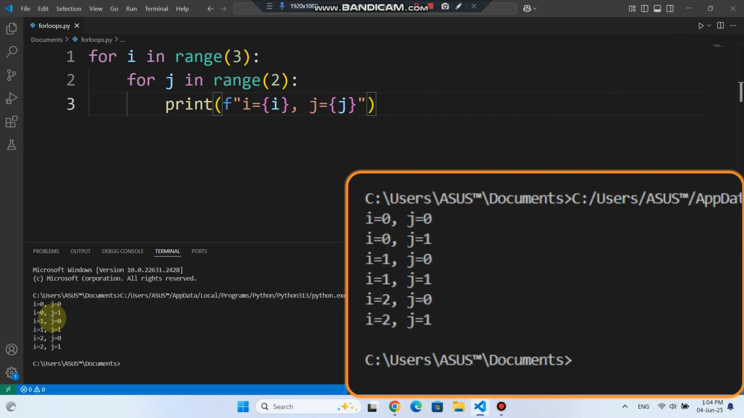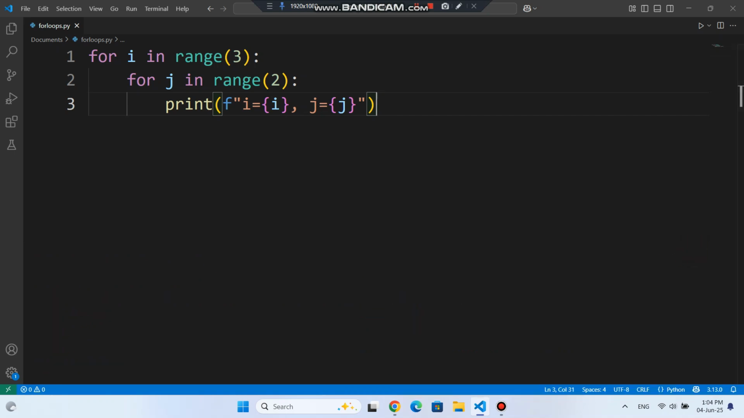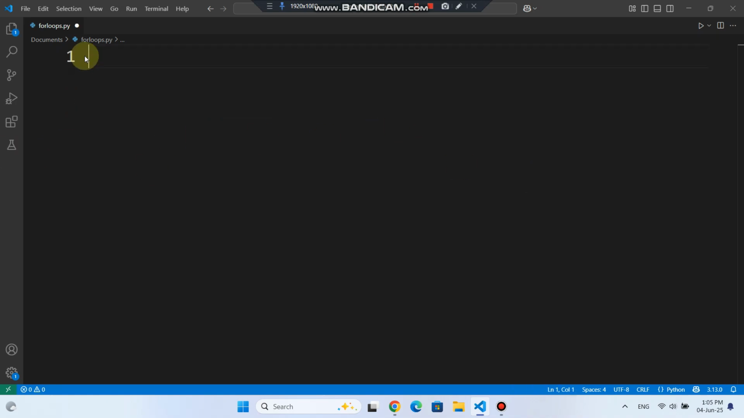Now, a quick note on syntax. Python requires indentation to know what code belongs inside the loop. If you forget to indent the print line or write it at the same level as the for, Python will throw an indentation error. You can also combine a for loop with an if condition to do more specific tasks,